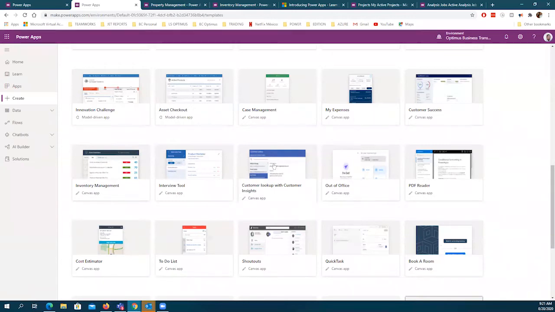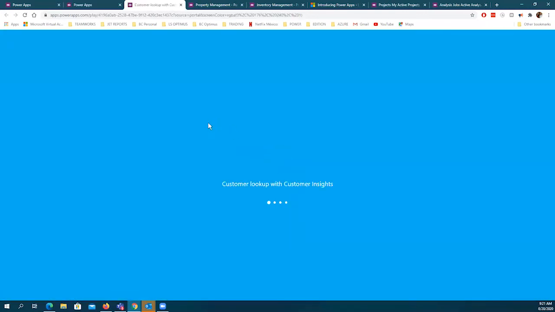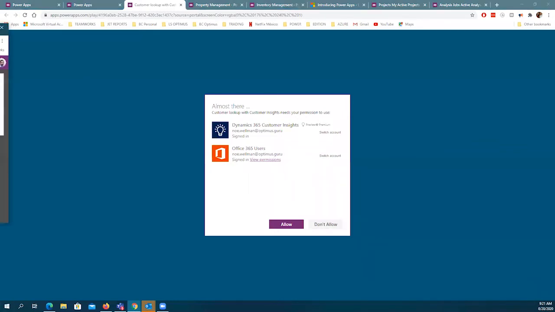And let's see. Also, we have another technology that is very powerful here, that is insights. It is called insights. Let me explain to you. Another process that we do with Power Apps, we are connecting different services, in this case, Office 365 users, okay, and Dynamics 365 Customer Insights. Here we could connect Business Central, Outlook, Office, everything that is, let me show you, everything that is connected with our